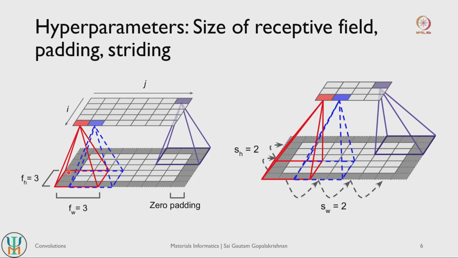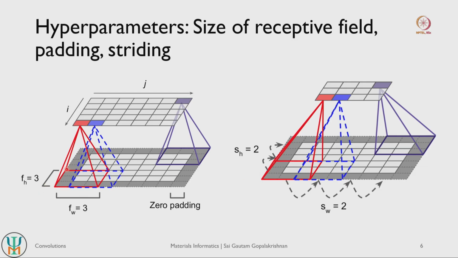You can also have a situation where the red and the blue boxes are offset by 2 neurons in the lower layer here, which is what is indicated here. So in this convolutional layer, your blue and red are still adjacent neurons, but look at the blue and the red boxes. They are actually offset by 2 neuron units here, or they have a striding of 2. So here they have a striding of 1, here they have a striding of 2.